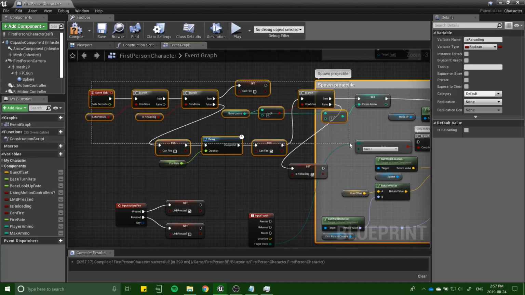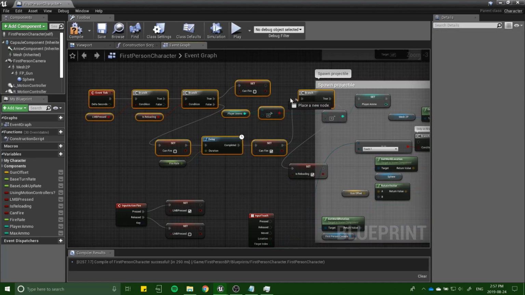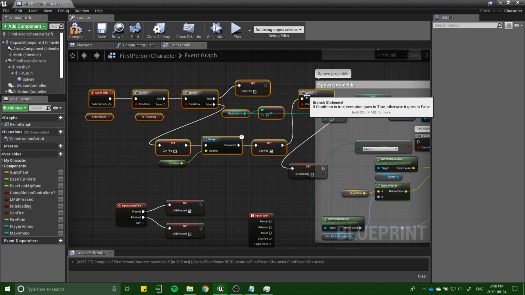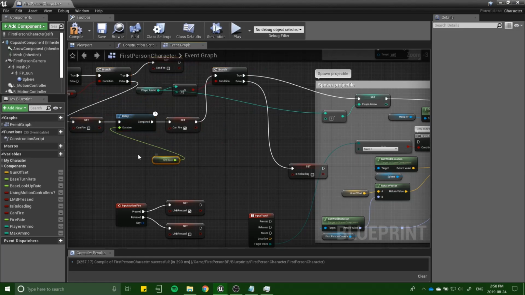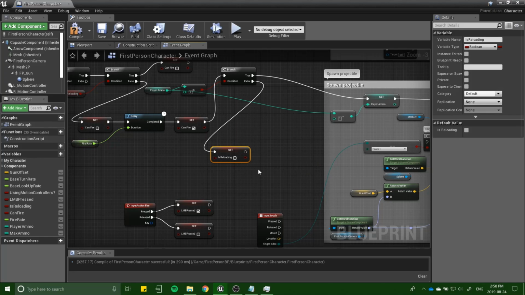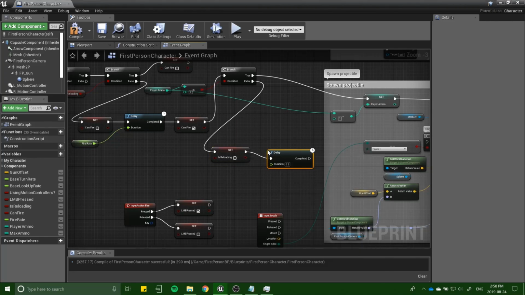Running out of room here. Alright, so set is reloading. I'm going to add a delay, and we're going to grab the, actually,